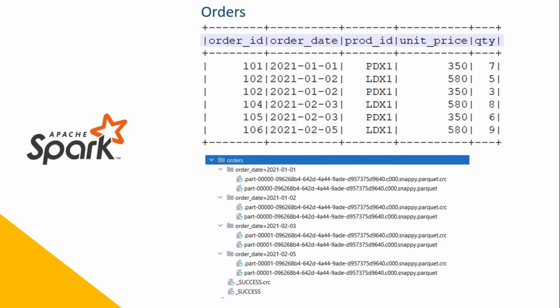Here is a screenshot of how my orders dataset is stored. I have done it on a local machine. However, the arrangement is almost the same as on a distributed storage such as HDFS. But you might ask the following question. Why do we partition it on the order date? The answer is simple. You know you are querying this table on the order date.